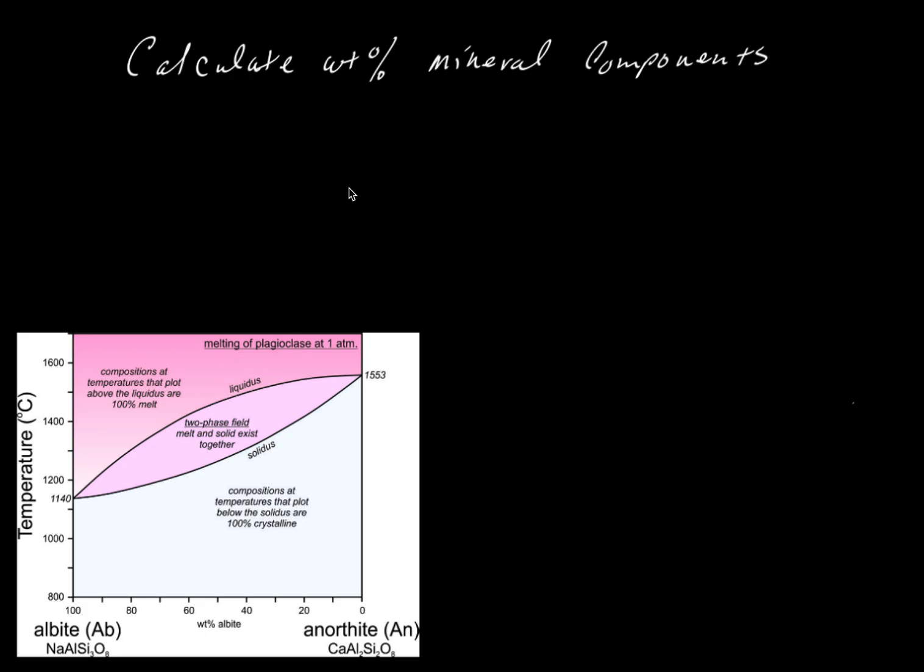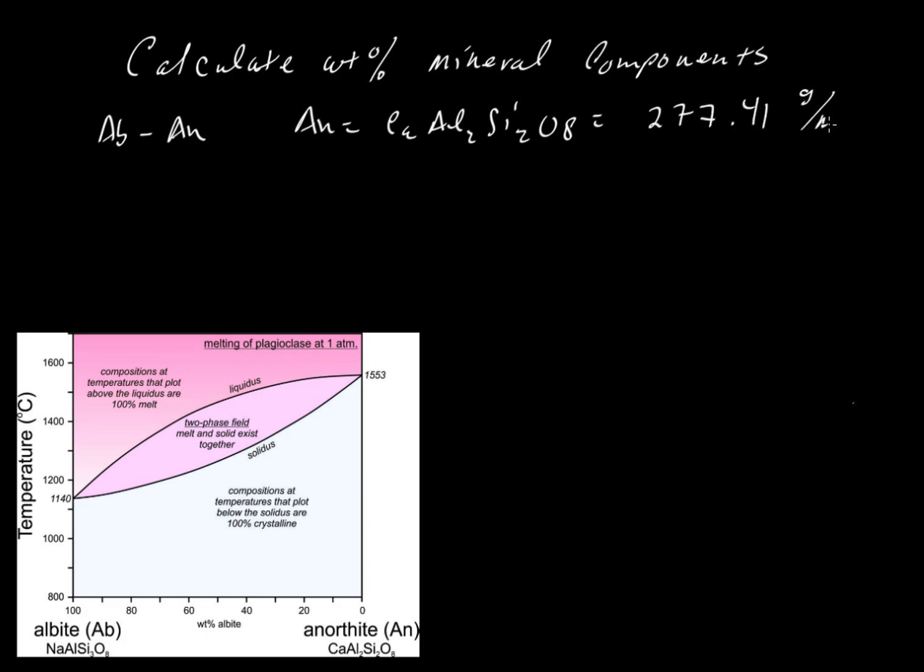So here's another example of how we can calculate mineral components as weight percent proportions. In this case, we're going to take the albite and anorthite system as an example. So anorthite has the composition CaAl2Si2O8, and the molecular weight, when we write it in this way on the basis of 8 oxygens, is